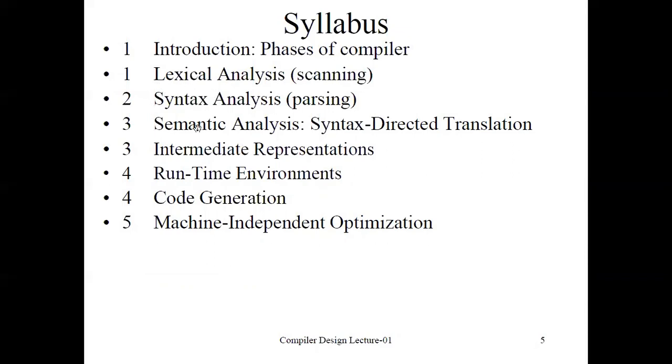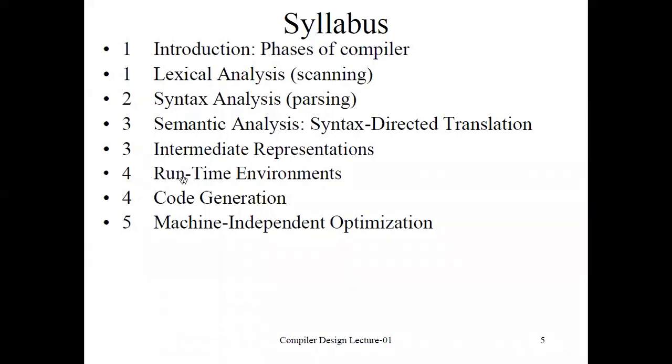Then in the third unit we'll discuss semantic analysis, which is syntax directed translation, like a tree structure representation, then defining their definitions and translation schemes by using type checking. Then intermediate code generation: here we will represent the code in intermediate form by using notations like three address forms, postfix notation, syntax tree, various notations. That is going to be covered in the third unit, second part. The first part is semantic analysis.